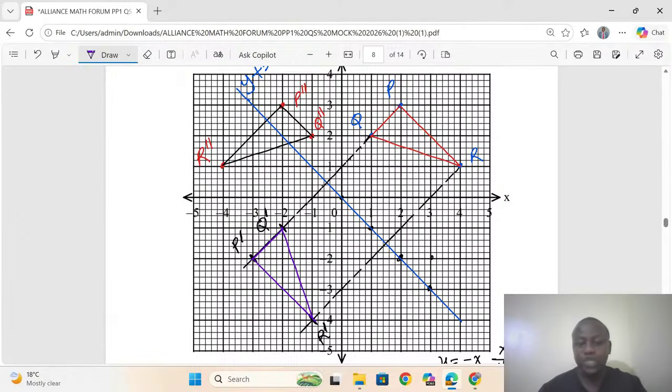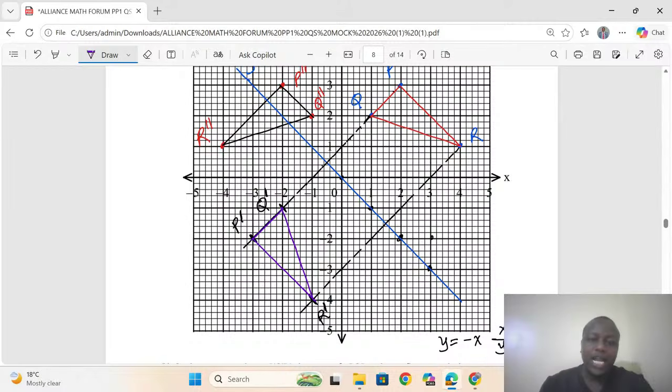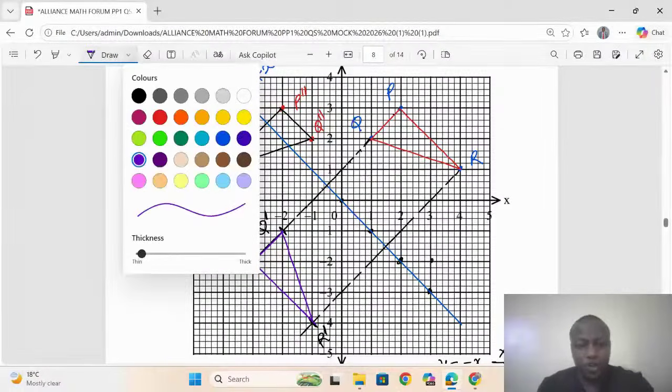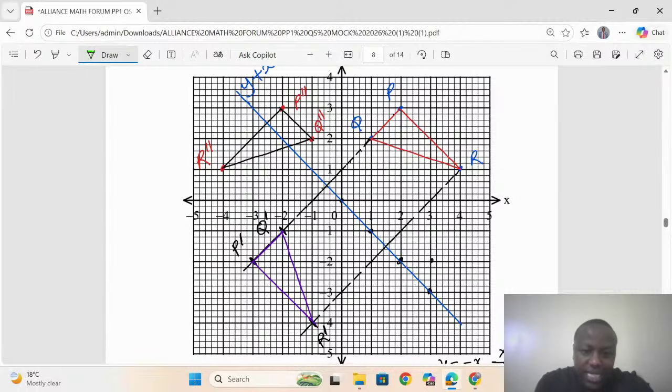It is not a translation because the shapes, they might be congruent, but when you raise Q to Q here, by the time it's fitting at Q, P is not at P, R is not at R. And for that reason, we can start thinking of a rotation now,